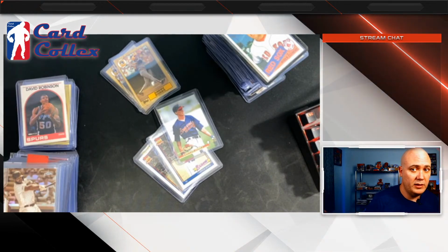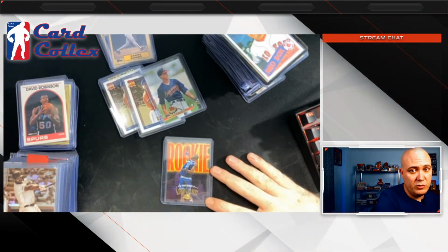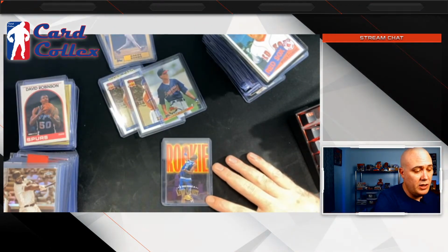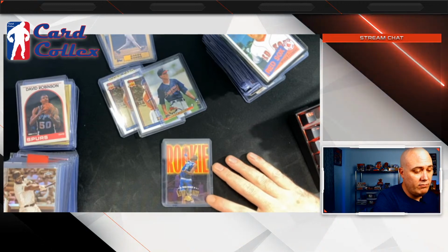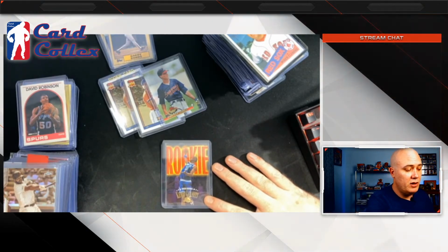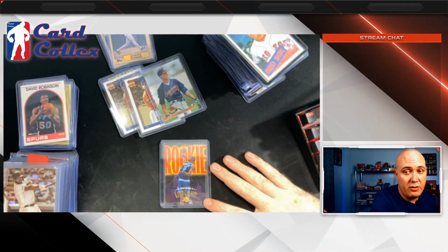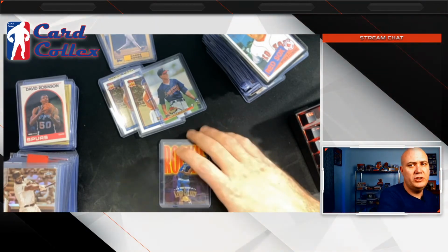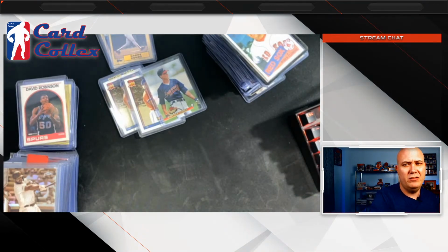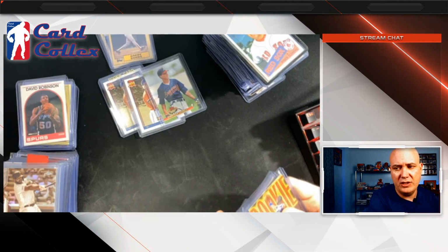I would recommend doing full, square overhead photos, and take them out of the sleeves, top loaders or whatever, and do a good close-up overhead photo of the front and the back. You don't have to, but the better photos you take, the less mystery there is, the better price you're going to get, and the less trouble you'll have with people.